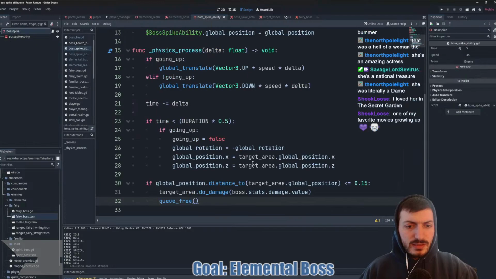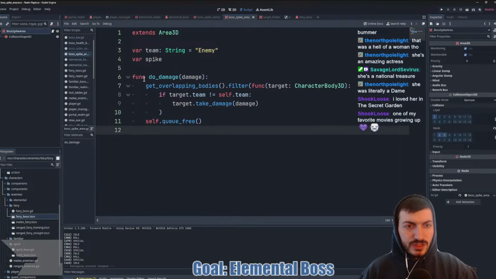The spike says, hey, when I hit the area, or I hit the correct position to do damage, and then queue free. Queue frees the spike. And the area on do damage goes, okay, I'll do damage. It gets the bodies, making sure it's a character body and not on our team.